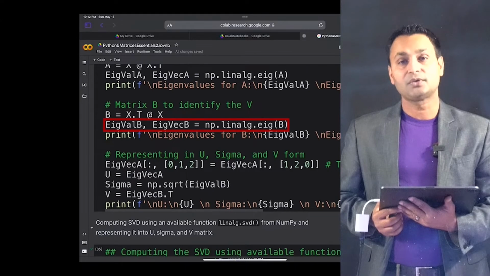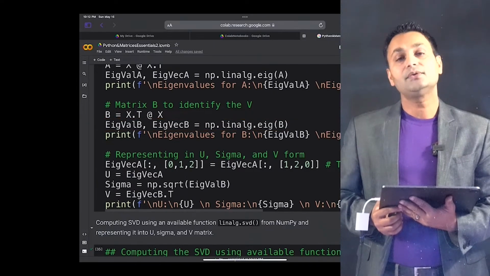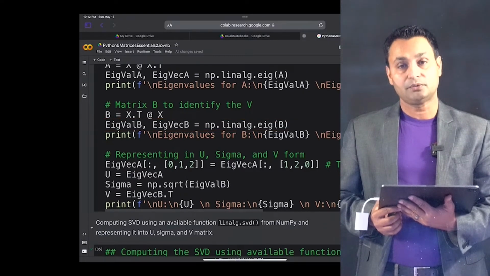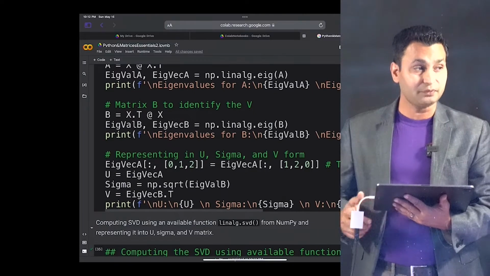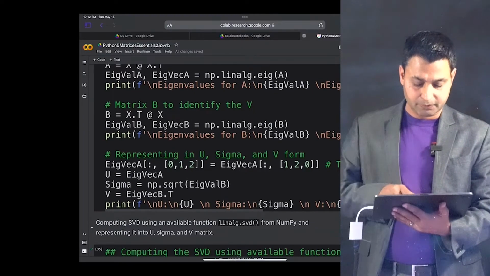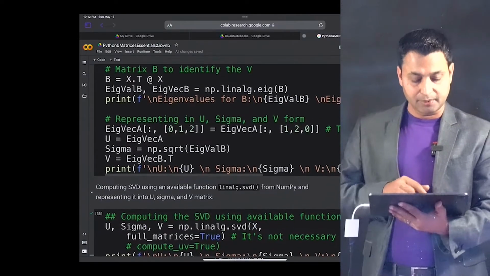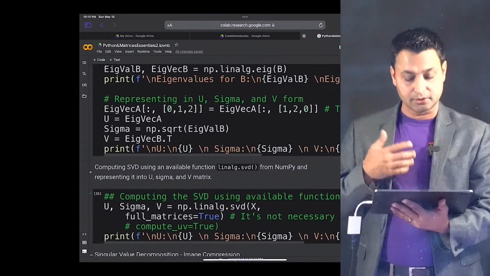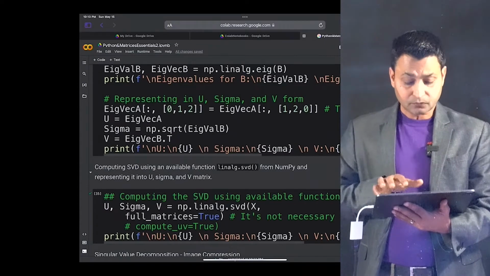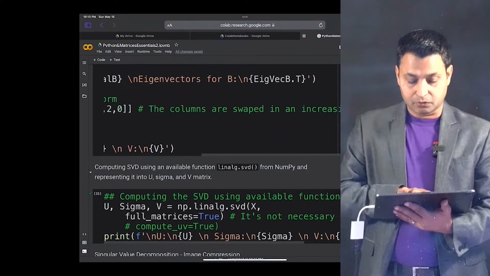the np.linalg.eig function, which is a function in NumPy, is used to do this eigenvalue decomposition of the matrix B. Now once we have stored that, we basically represent the different matrices that we are interested in, and the matrices that we are interested in are essentially U, sigma, and V. Okay, and what we do is we